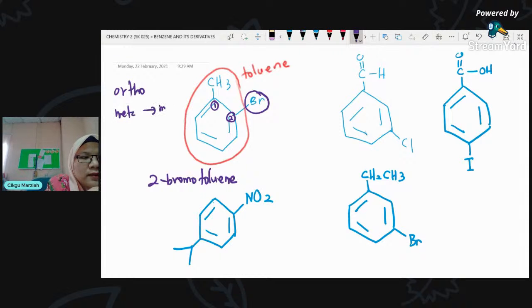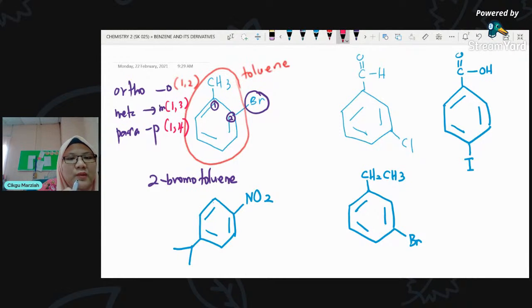Okay. Satu lagi, untuk 2 substituents, kita ada nama khas which is ortho, meta, para. Okay, P-A-R-A. Okay, kita guna alphabet P. Ortho maknanya when the substituents are at carbon number 1 and number 2. Meta 1 and 3, para 1 and 4. And it's only for benzene with 2 substituents. So in this case, we have number 1 and number 2. So selain daripada 2-bromotoluene, we also can give the IUPAC name sebagai